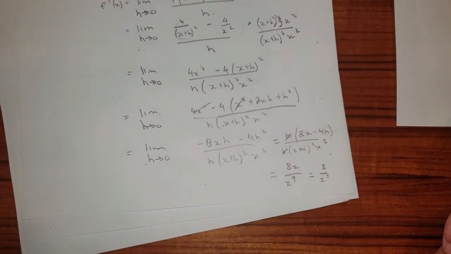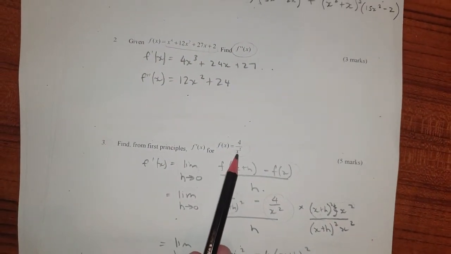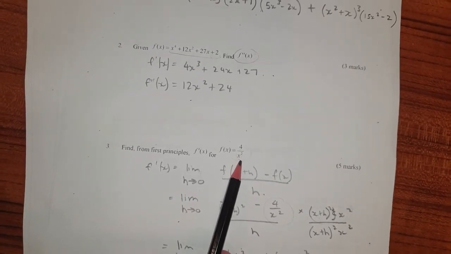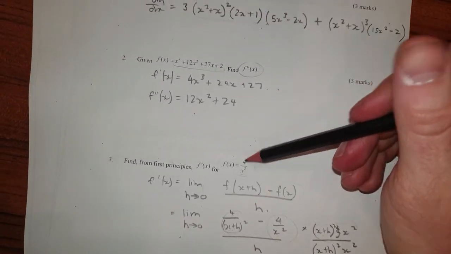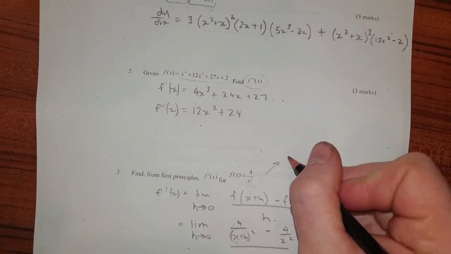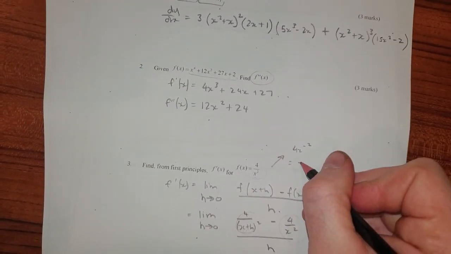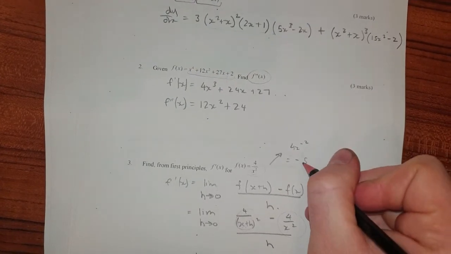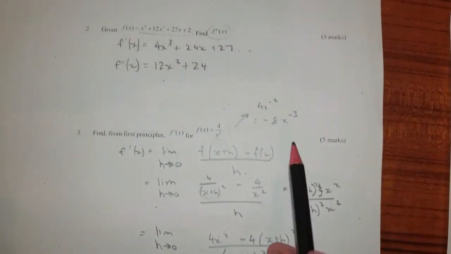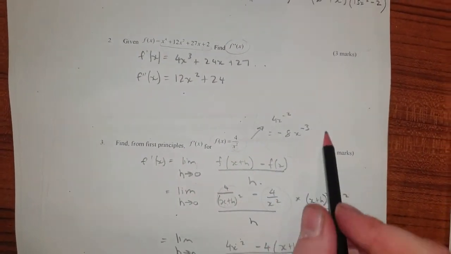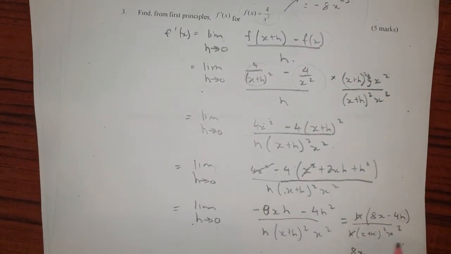There we go. And of course, I would want to go back and check up here, because I do have a feeling like I've made a mistake, and I'm pretty sure I have. So let's just check. If I look at this, I could rewrite this as 4x to the negative 2, which then would be negative 2 times 4, so it'd be negative 8x to the power of negative 3. Okay, which is basically what I've got, except I'm missing the negative sign. So it was worth checking, because even though I'm close, when I was here, I had a negative and a negative. I should have actually taken out,